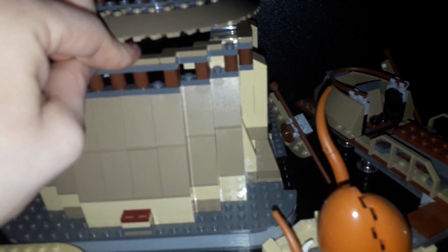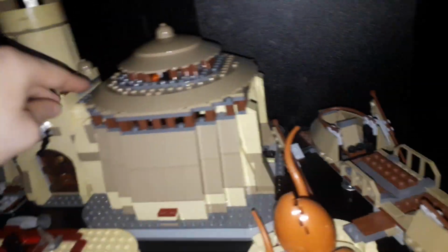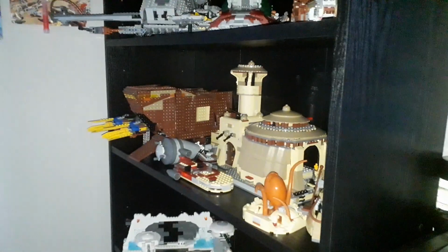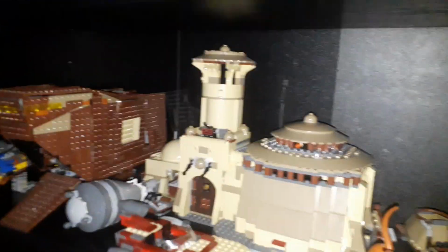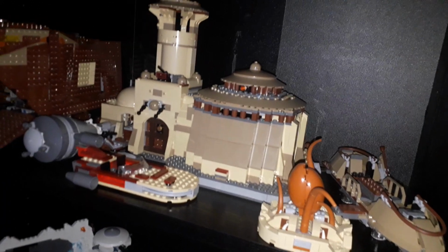So I'm going to slow down a bit. I pressed that brick in there a bit. There we go. I don't know why I just spotted that. This is one of those sets that tends to pop for a bit for some reason. But yeah, I know I'm going to end up breaking the challenge. I'll buy something kind of stupid, but I've not bought any Lego in nearly 3 weeks,